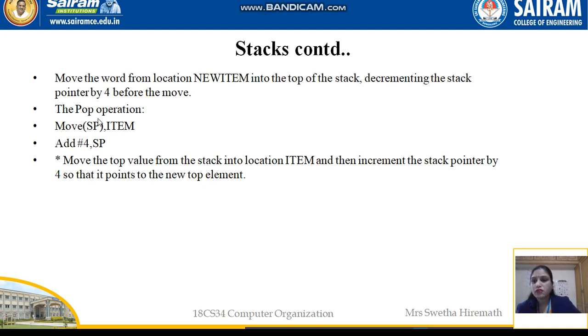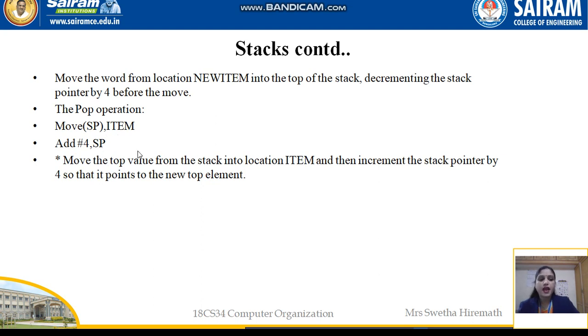Once we perform the pop operation, the set of instructions we follow is move SP comma item. So whatever is present at SP, that value will be moved to item, and then add #4, SP, which indicates that we increment the SP value by 4.